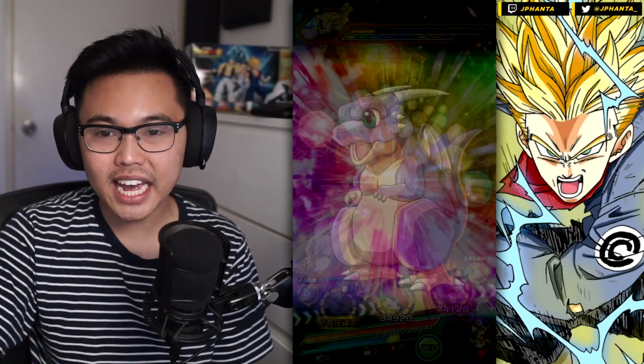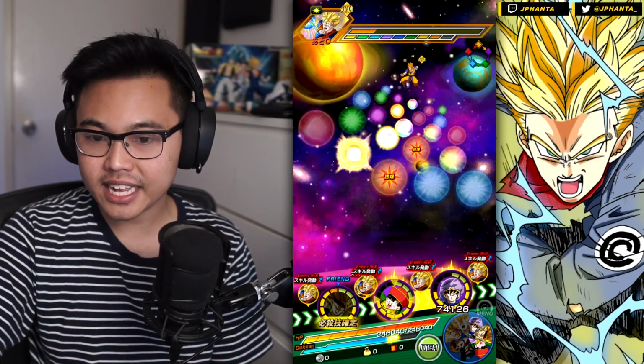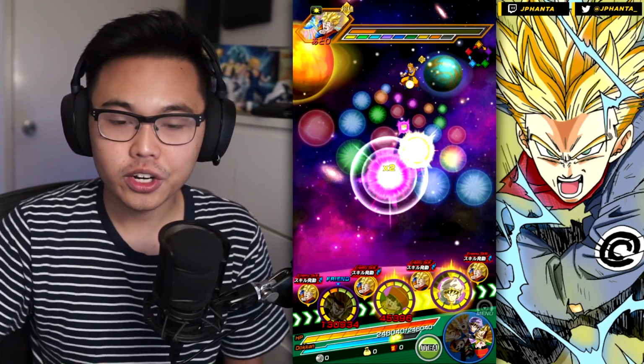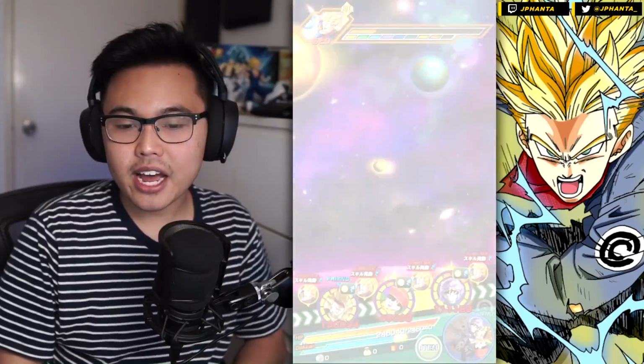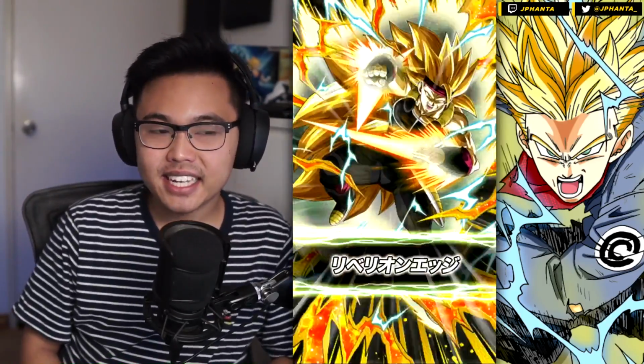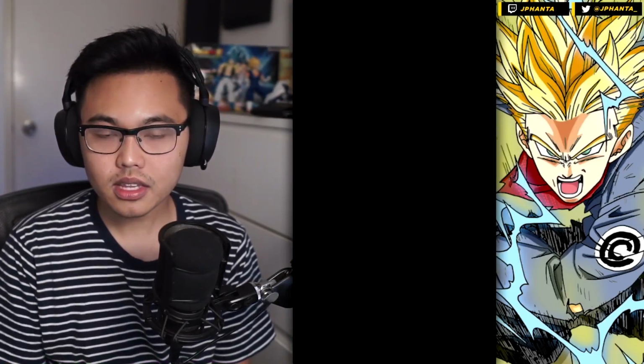Hopefully we take a big super attack against one of the following last 2 units and get underneath the 50% HP restriction. That would be kind of good. And if we can get the Dokkan mode with Gotenks, I think that would be a great way to end off the showcase. That is if...